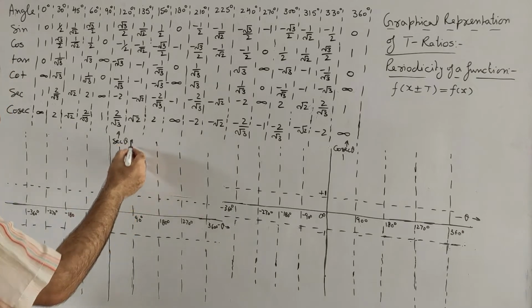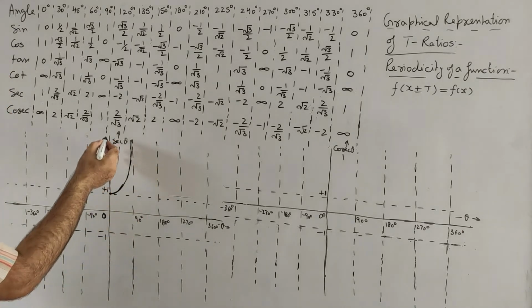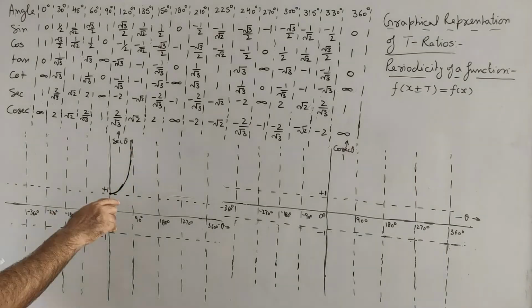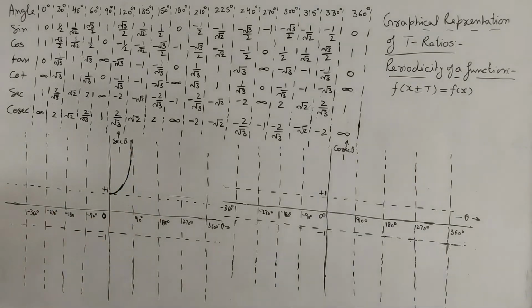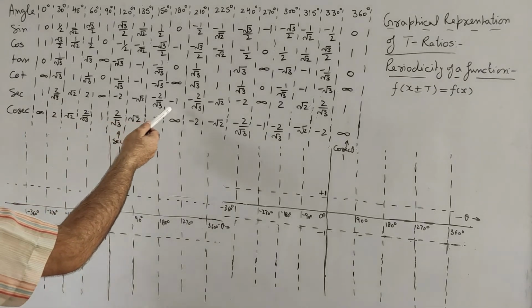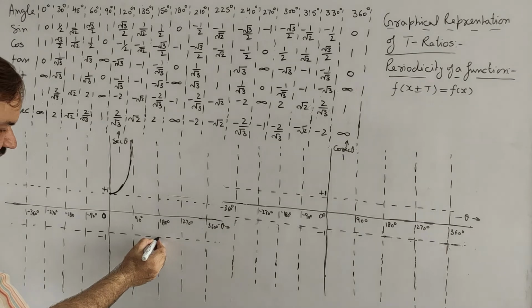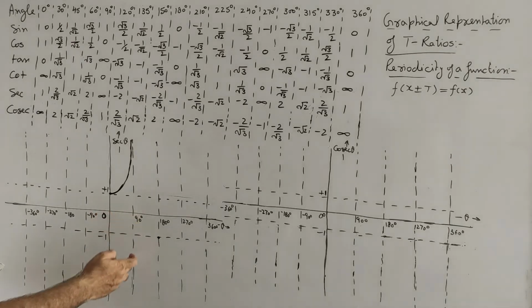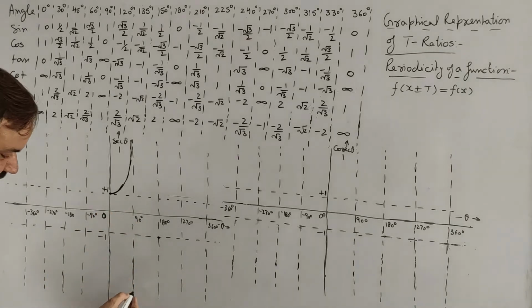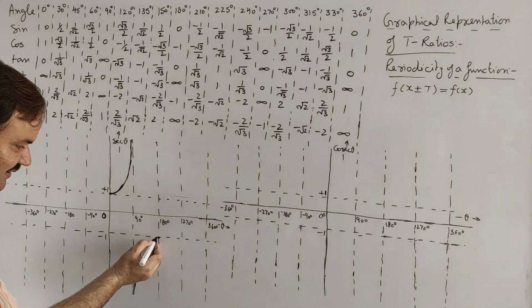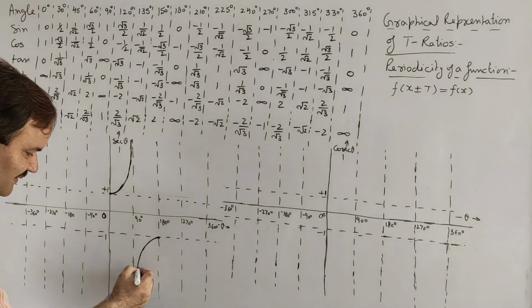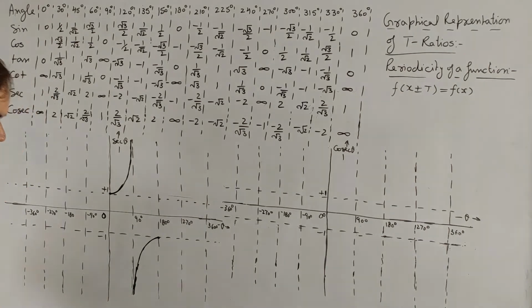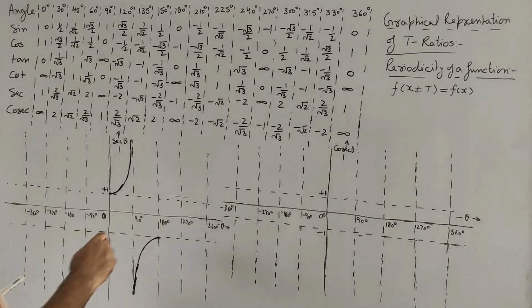The value of sec theta will touch this line, parallel to the sec theta axis, only at infinity. If we come to 90 degree to 180 degree, that means the second quadrant, and in the second quadrant sec theta will be negative. Sec 180 is -1, and sec 90 plus something will give us negative infinity. It means from minus infinity to -1 at 180 degree. It will show the variation of sec theta with theta from 90 degree to 180 degree.